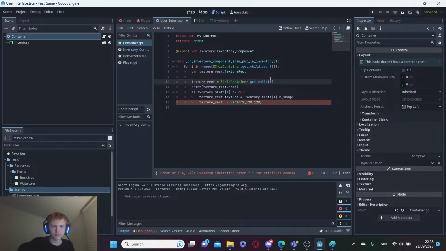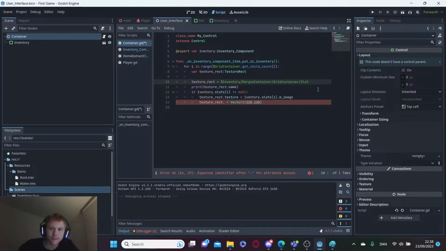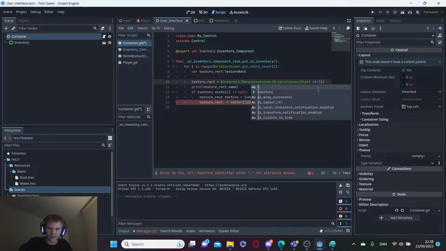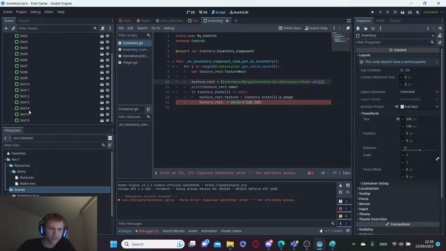I'm going to keep doing this. Inventory, grid container, slot. And when we need to get the slot, plus str of the index. I'm a genius right here. So now we can reference each slot, and after that